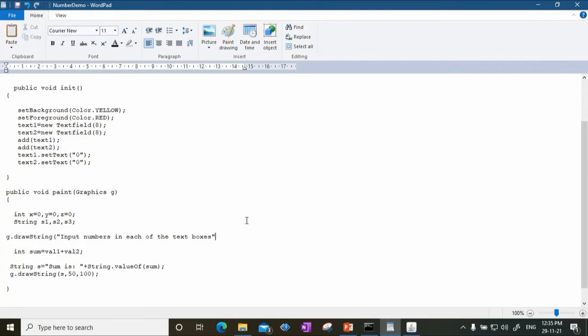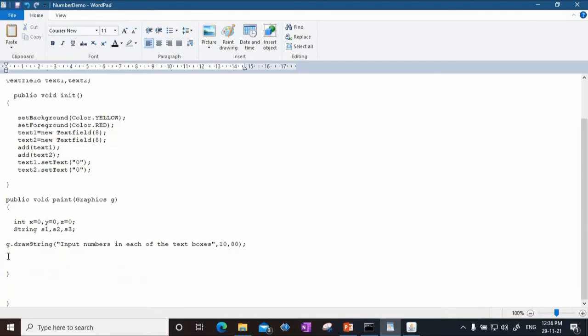This should be printed at 10, 80. So the user will be seeing this particular line, input numbers in each of the text boxes, at 10, 80. 80 is the vertical distance from top left, and 10 is the horizontal distance from top left.